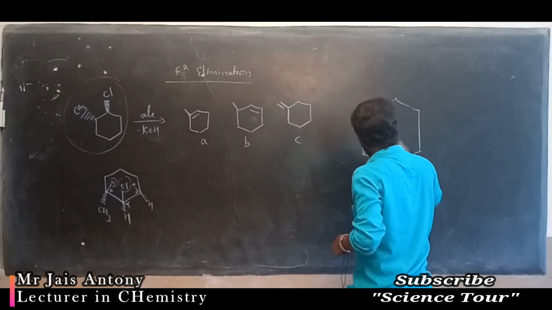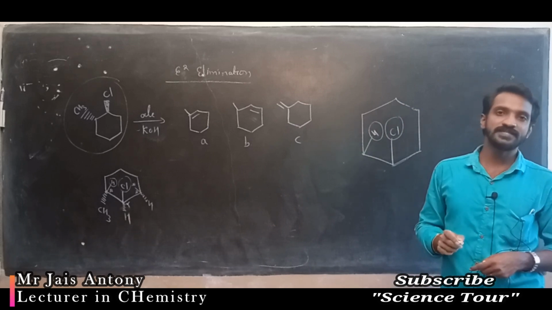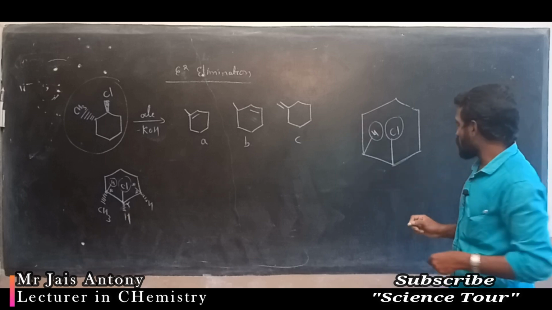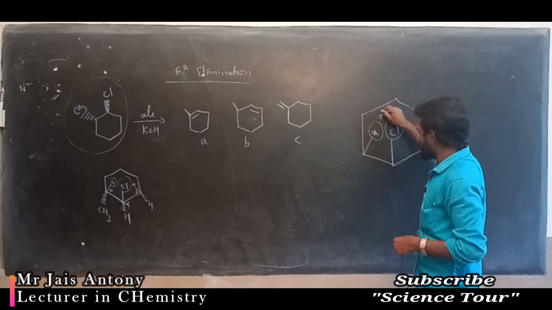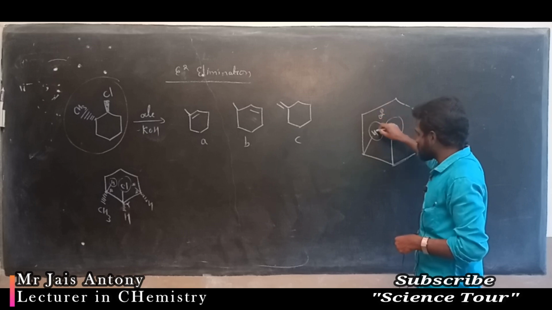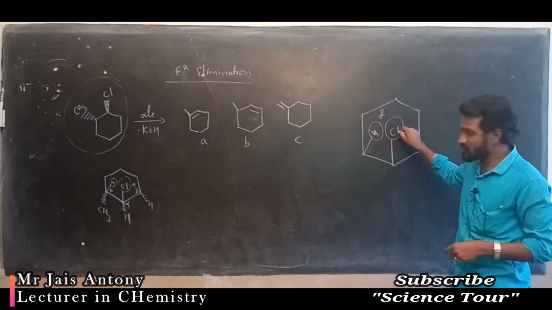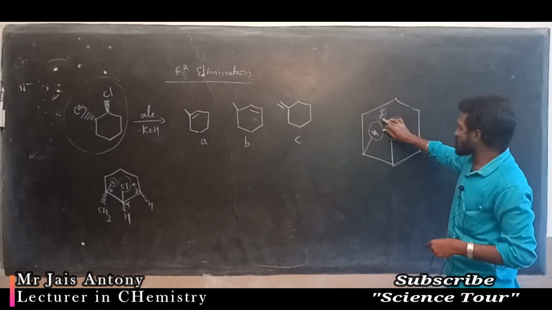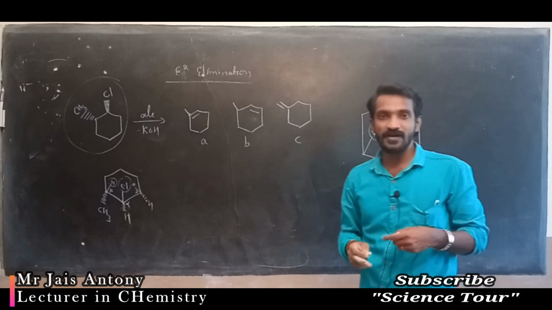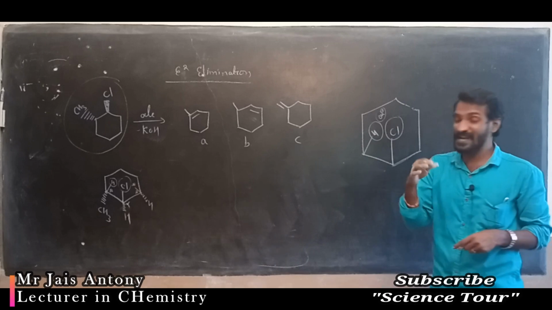Hydrogen and chlorine are facing the same side. Sir, why can't you remove this hydrogen if it is in the same plane? That question arises. I will tell you: the base, meaning OH minus, approaches this hydrogen. Here chlorine is also electronegative, and the base is also electronegative. This electron cloud and that electron cloud repel each other. The electron cloud of chlorine and the electron cloud of the base repel each other.